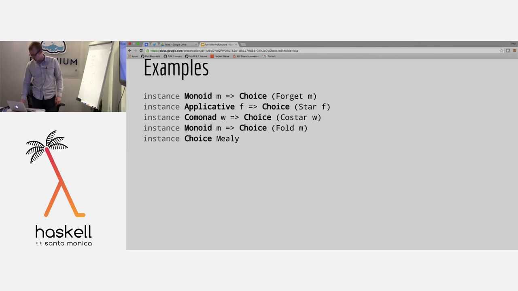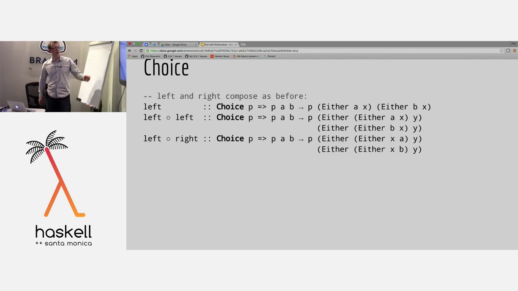Yeah, so we have lifting operations, just like we had lifting operations for lenses. We can lift up things over prisms, right? And all of these profunctors benefit from this stuff. Okay, so left is a prism. That's just another name for this underscore capital L Left thing that we had. So it chooses an A in the left hand side of an either A or X, and left composed with left is also a prism, and it identifies an A inside the left component of the left component, and then you can compose left and right. Okay,